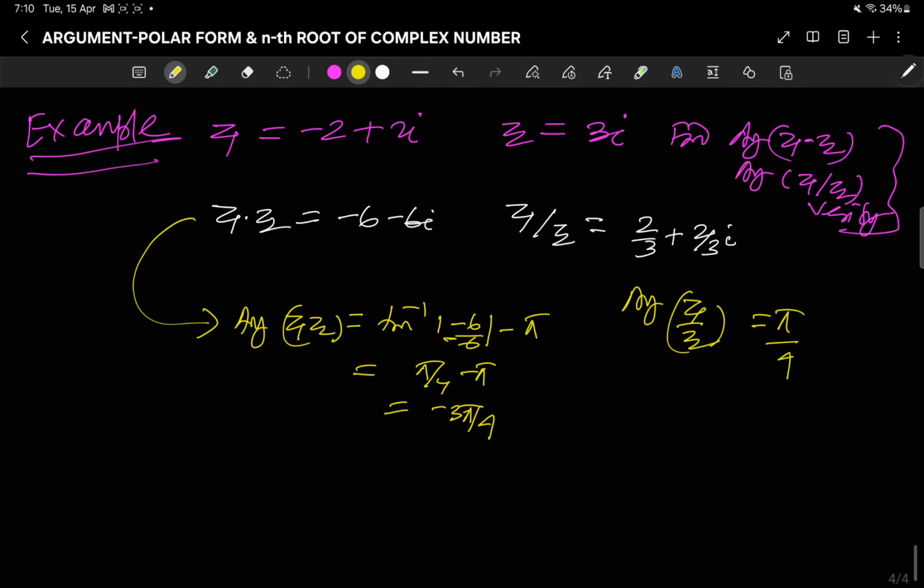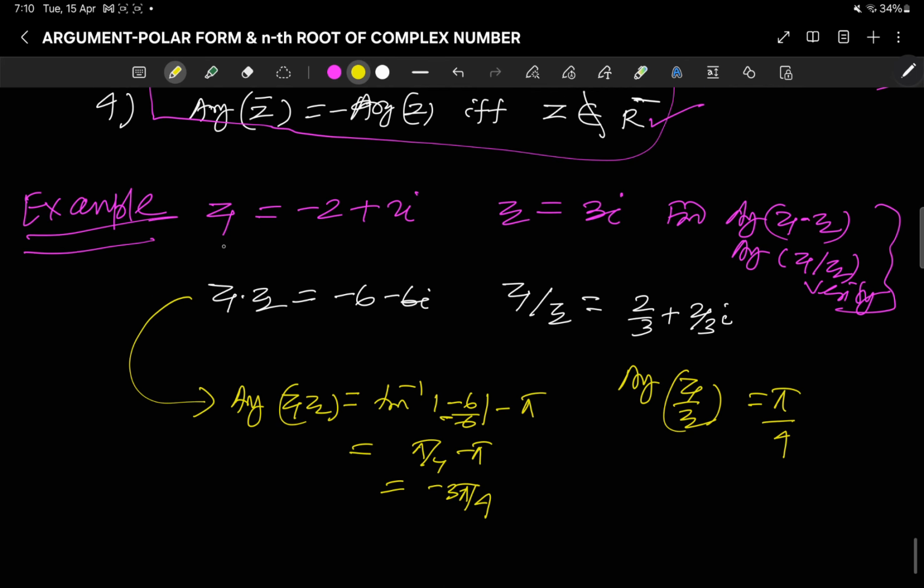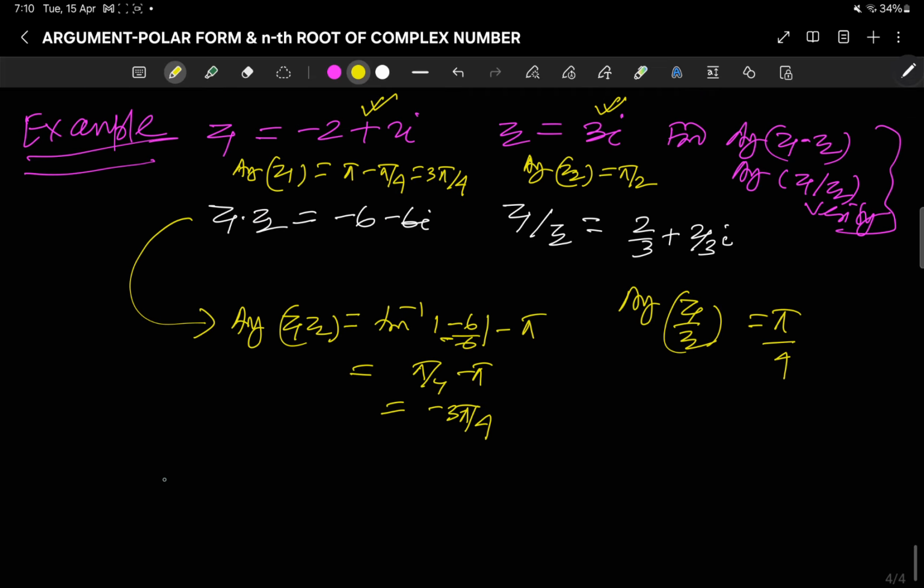But what happens to the argument of this? The argument of Z1 simply is in the second quadrant, so it is pi minus pi by 4, which is 3 pi by 4. And the argument of Z2, it is on the imaginary axis, is pi by 2. So what will happen here? The argument of Z1 Z2 is minus 3 pi by 4,